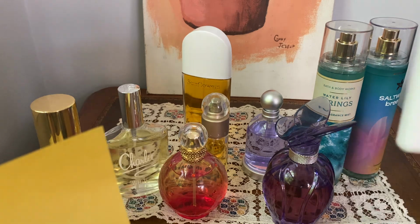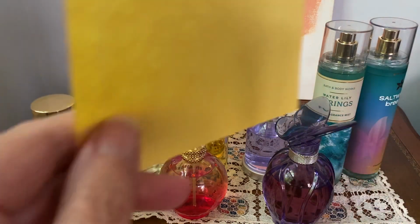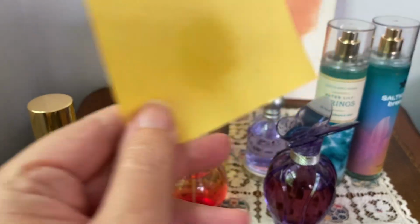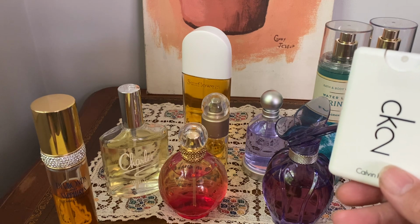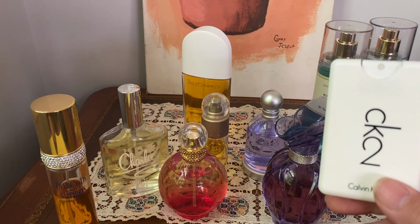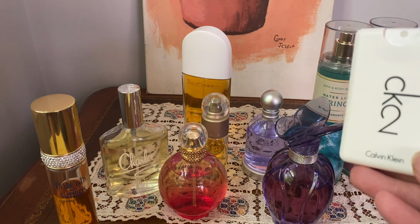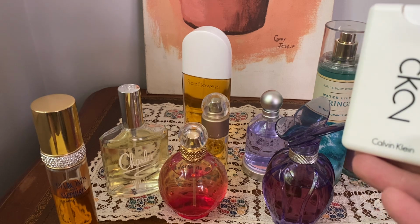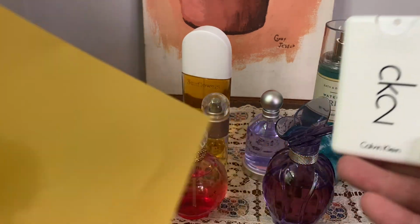Okay, the greatest one that I've ever smelled is CK2. This fragrance was affordable, but it's been discontinued. And people are trying to get around $200 for a 100 ml bottle. I'm not paying that. For a long time, I think it was like Beauty Maxima or Perfume Empire, one of those eBay fragrance shops had these